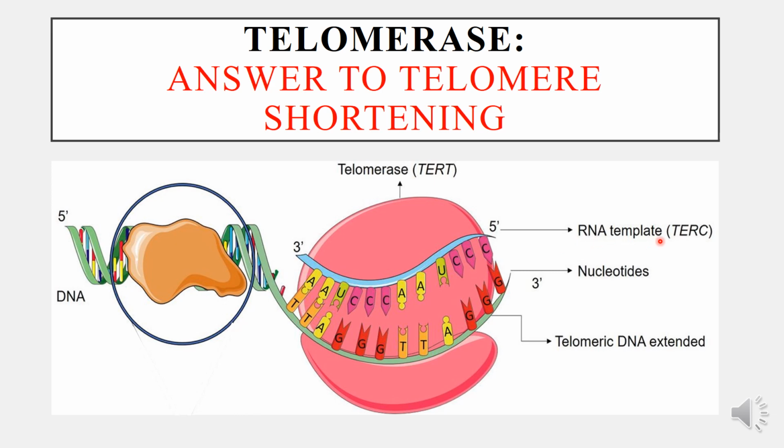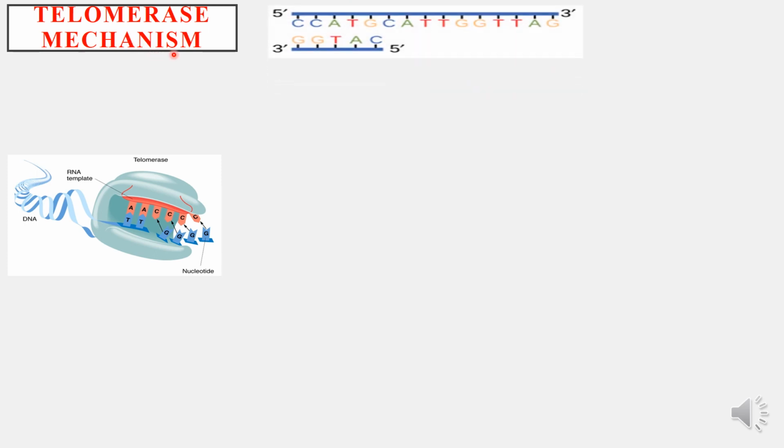One, it has an RNA template, and second, it has a reverse transcriptase activity. Now, let us see how these two traits can enable telomerase to solve the problem. So, now let us look at the telomerase mechanism. Now, this is the end part of the newly synthesized DNA, which is not replicated. Let us see how the telomerase enzyme prevents